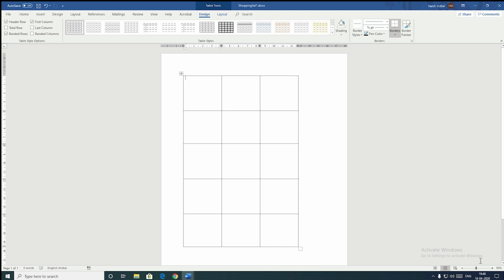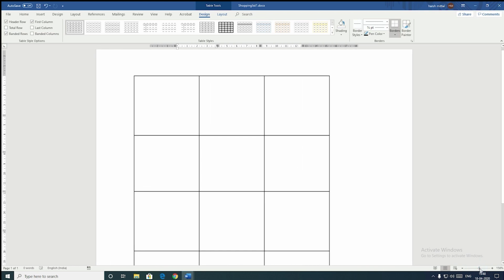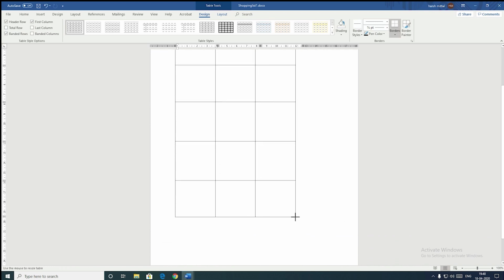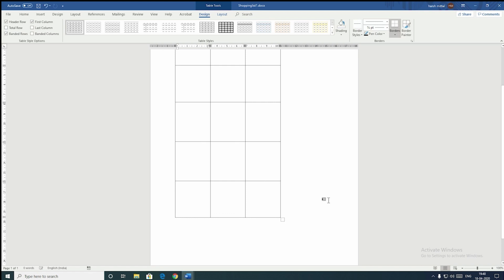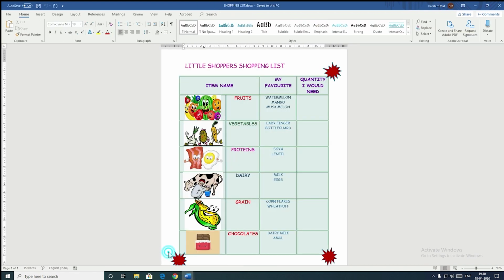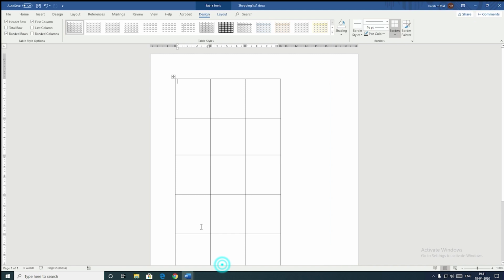Right? So now my table has become of a bigger size. I can increase or decrease the height and width of the cells. See. Now before we proceed ahead, we need to see what all columns we had. We had item name, my favorite item, and the quantity I would need. So here I would write